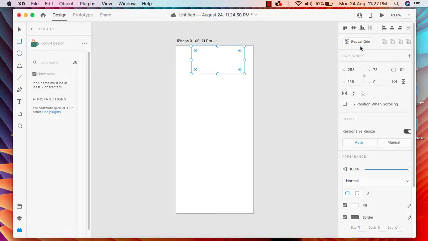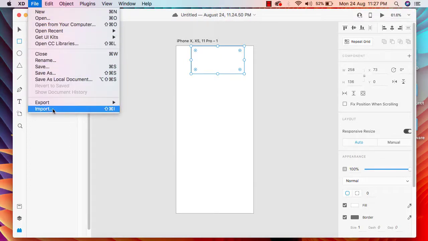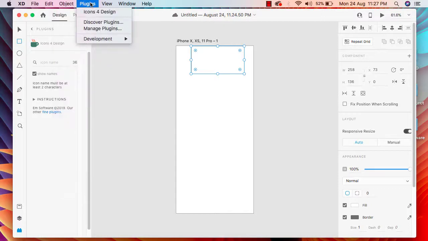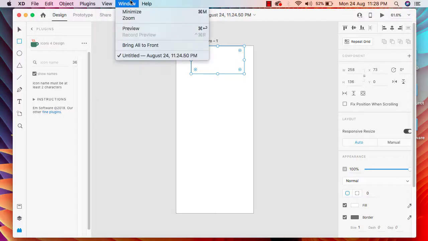I just wanted to give you a brief introduction of Adobe XD, what we have inside it. On top of that, we will be able to see this file section. From here we can create a new file, open, reset, and different sort of things. Then we have our edit option, and our objects are here. From these objects we can see our component, so when we need to create a component, we can take help from here, and different other things are here. And this is the plugin section, where we can install plugins, and some other options are here.